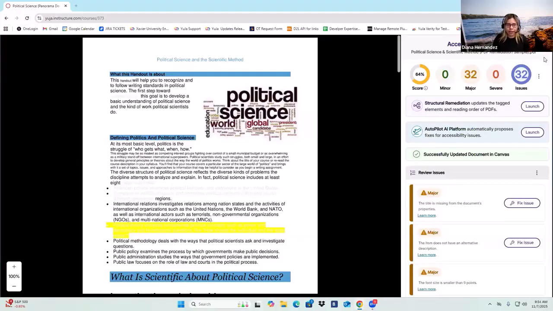And if, for example, you're missing tags or you want to check the reading order, make sure you launch the structure remediation here. It allows you to look at the reading order, add tags for your elements, and also add alternative descriptions for any images, as well as use the capabilities of the AI if you want to just generate them.